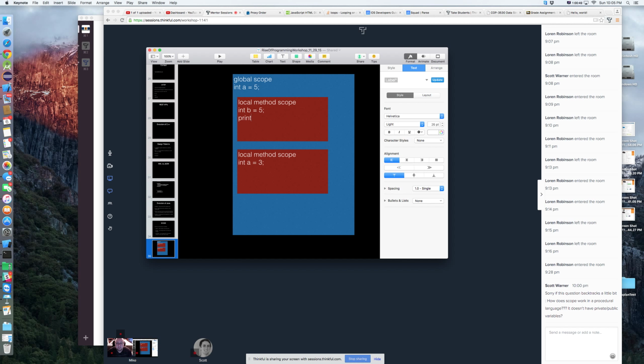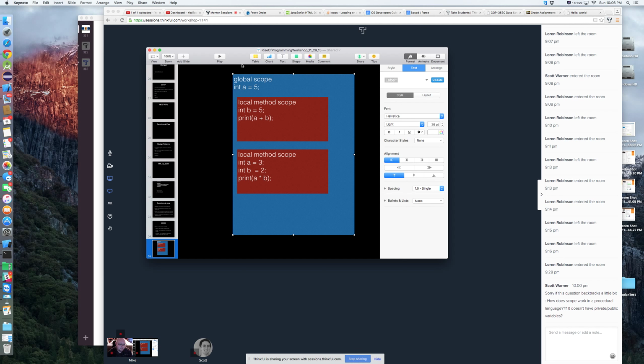So in here, if we say print a plus b, and down here we say print a times b, we're getting different values of a and b. Up here, the most local definition of b is right here, so that's 5, plus the most local definition of a is this one up here, which is 5. So this is going to print out a 10. Within this scope, we have a is equal to 3. We actually have no scope of b, so this is going to give us an error. If we have a b in here, if we say int b is equal to 2, then this would be a 6.